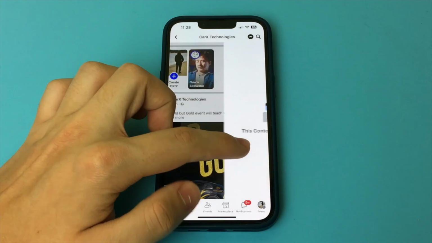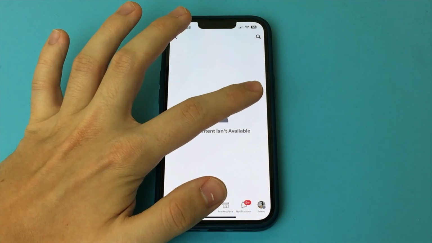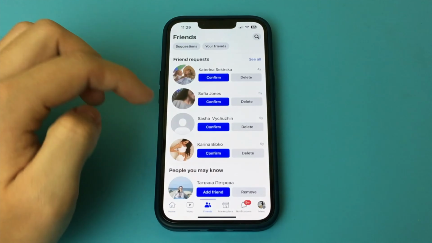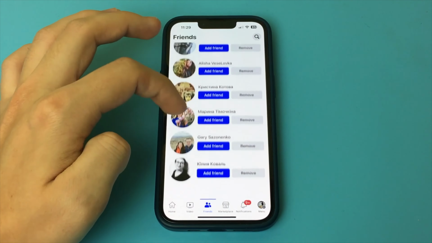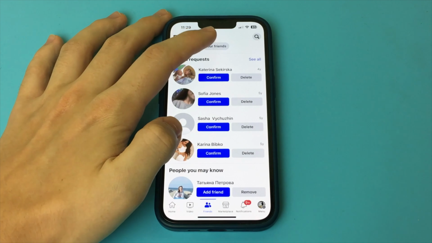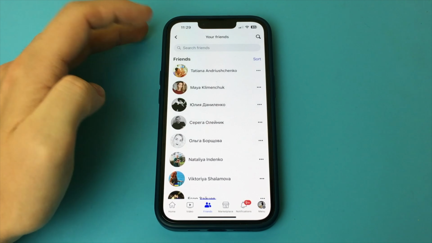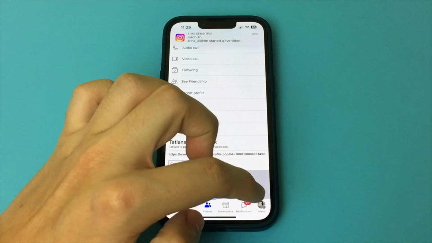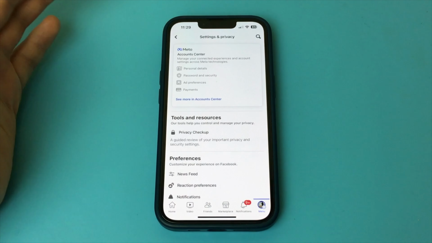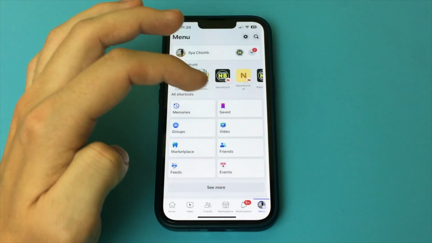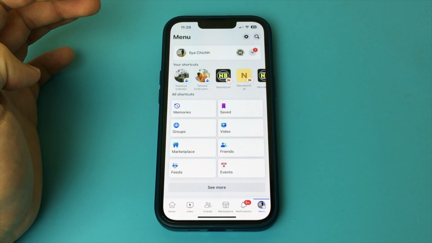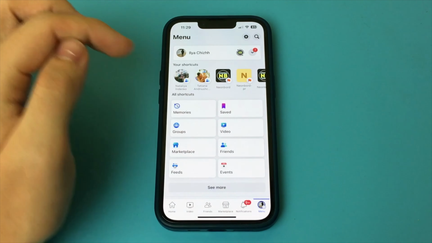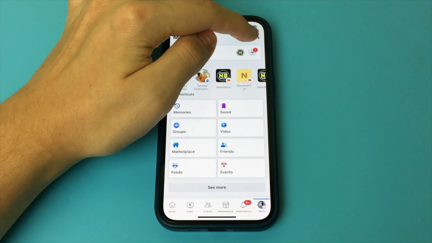But we can unblock him. How do we do that? To do that, you click on the menu. Here you go down a little bit lower and click on Settings and Privacy. And then you go to Settings. Then you go further down and you find the Settings item. It can be lower or you can find it through search. In the search, just type in block and find the item Blocked People. Click on it, and here you will find a list of all the people you have blocked on Facebook.